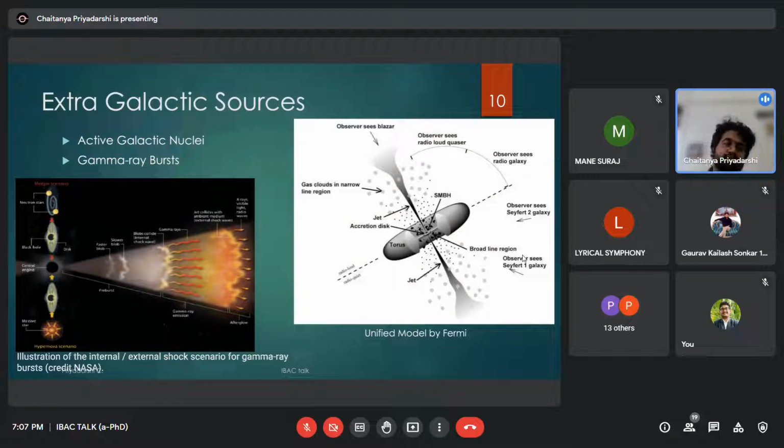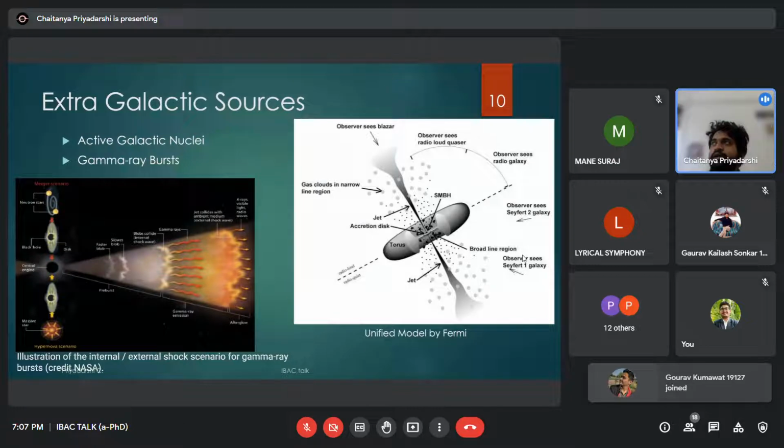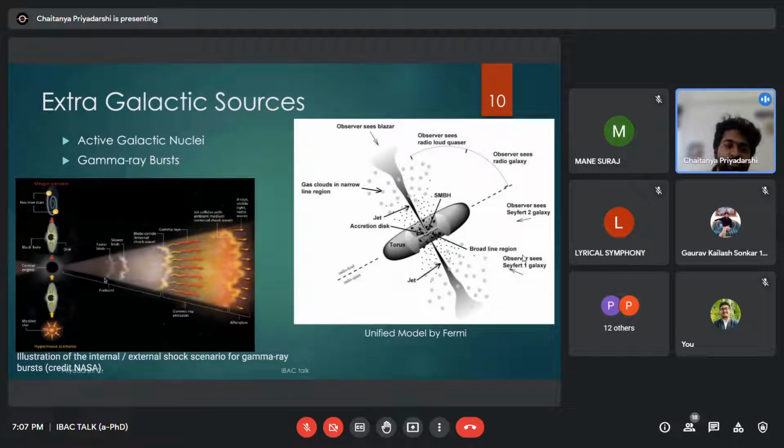The other source is called gamma ray burst. Here you can see the central engine, as we like to call it, which is mostly a black hole or a supermassive black hole, or it can also be merging neutron stars, or any phenomena which will result in a burst of energetic jets of particles. This is based on fluid dynamics, statistical physics, and the relativistic acceleration of particles. So here the particles move at some speed, they get accelerated,